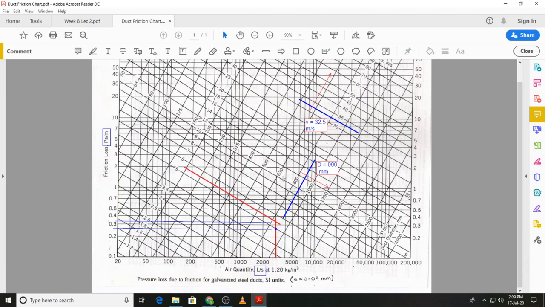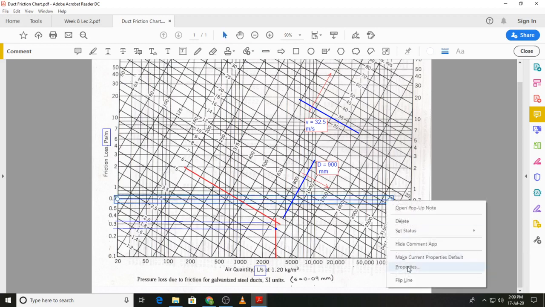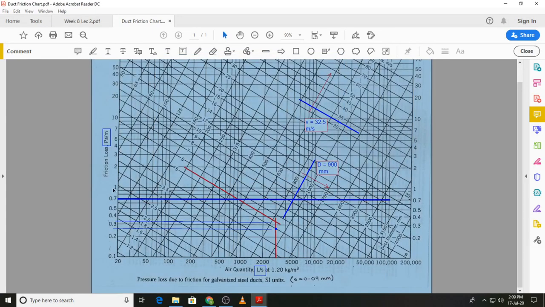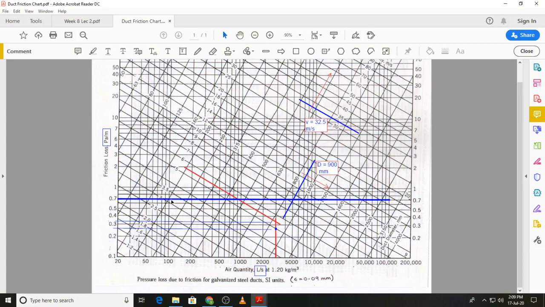Let's say we are given that the pressure drop per unit length is 0.7. So all we have to do is to just draw a horizontal line like this, and we know that we will always be working on this horizontal line